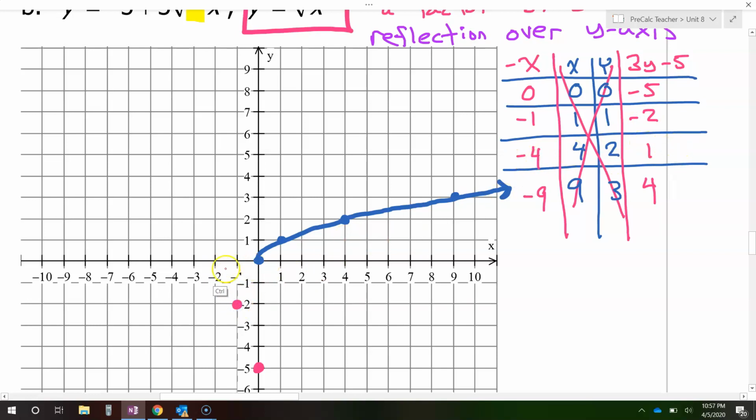So we've got -4, 1. And we've got -9, 4. Okay, all right. I just remembered something that I need to emphasize to you. So if you just look at these 4 dots out of context,